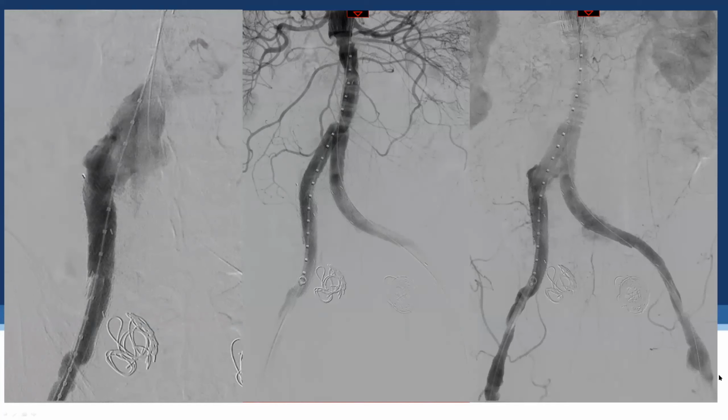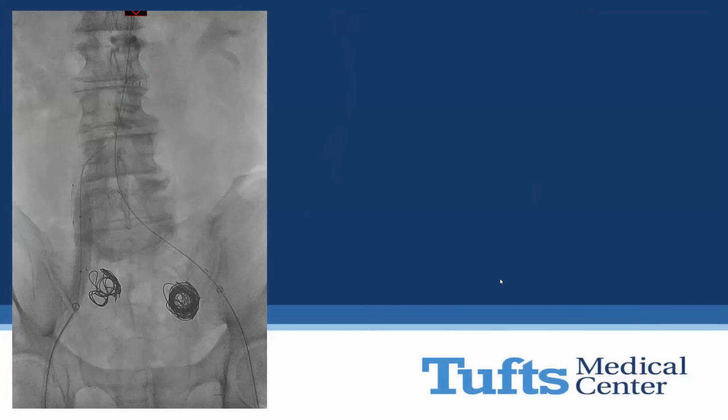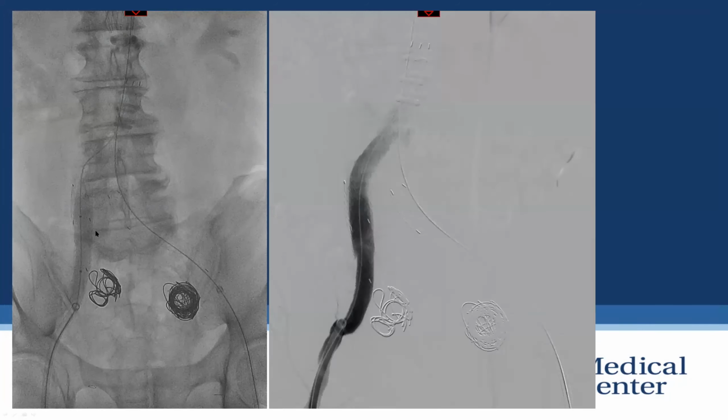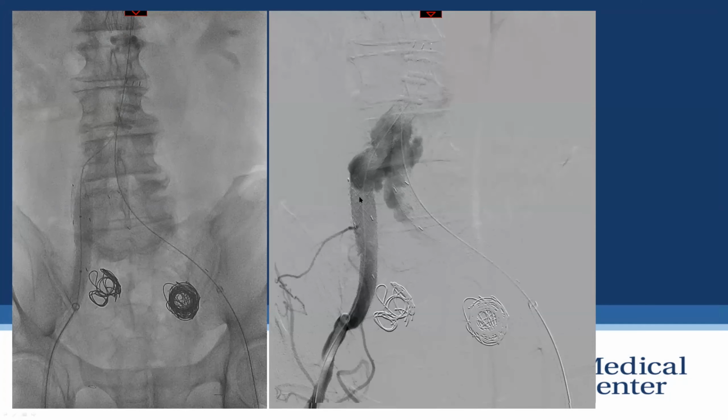We did know there was a left common femoral aneurysm when we started. So when we watched the flow, we thought this was actually a 1B leak as we watched it flow down, because it's not leaking here really. It comes down, and we were pretty sure we convinced ourselves it was flowing back up. And this is a 3 with the overlap zone. So we thought we'd go in and balloon this and try to get it to expand. And we did. And we started to inject, and now it's still got this funny configuration, and it's still leaking like a sieve.